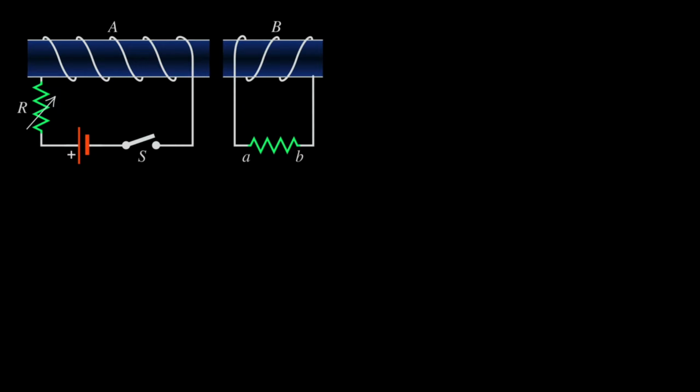We will use Lenz's law to determine the direction of the induced current in the circuit on the right hand side for three different cases. In case 1, the switch is opened after having been closed for a while. While the switch was closed, there was current in the circuit on the left hand side, and the direction of the current was like this. Remember, the current leaves the positive terminal of a battery, so the direction of the current before the switch is